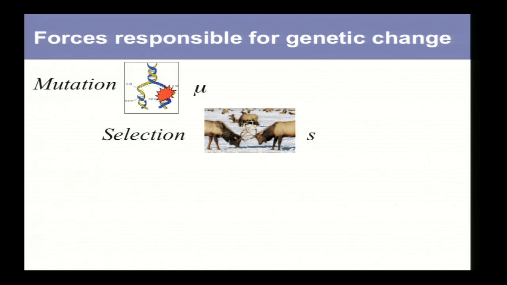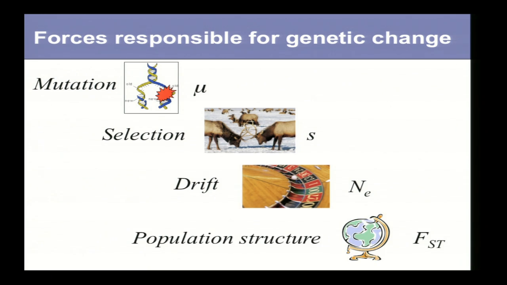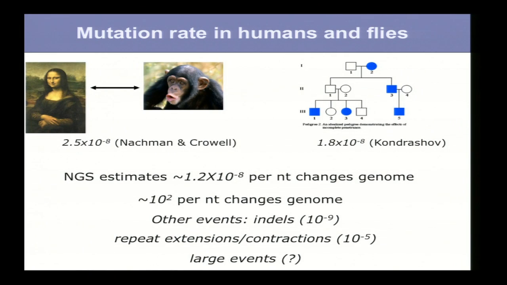Natural selection I mentioned, and that's a very important force. And this too acts in conjunction with drift. So if selection is survival of the fittest, drift is survival of the luckiest. So this is random sampling in populations. And it is frequently important to take into account population structure and demography of the human population to explain how alleles together act on traits. So I'm trying to speed up and talk about mutations real quick.